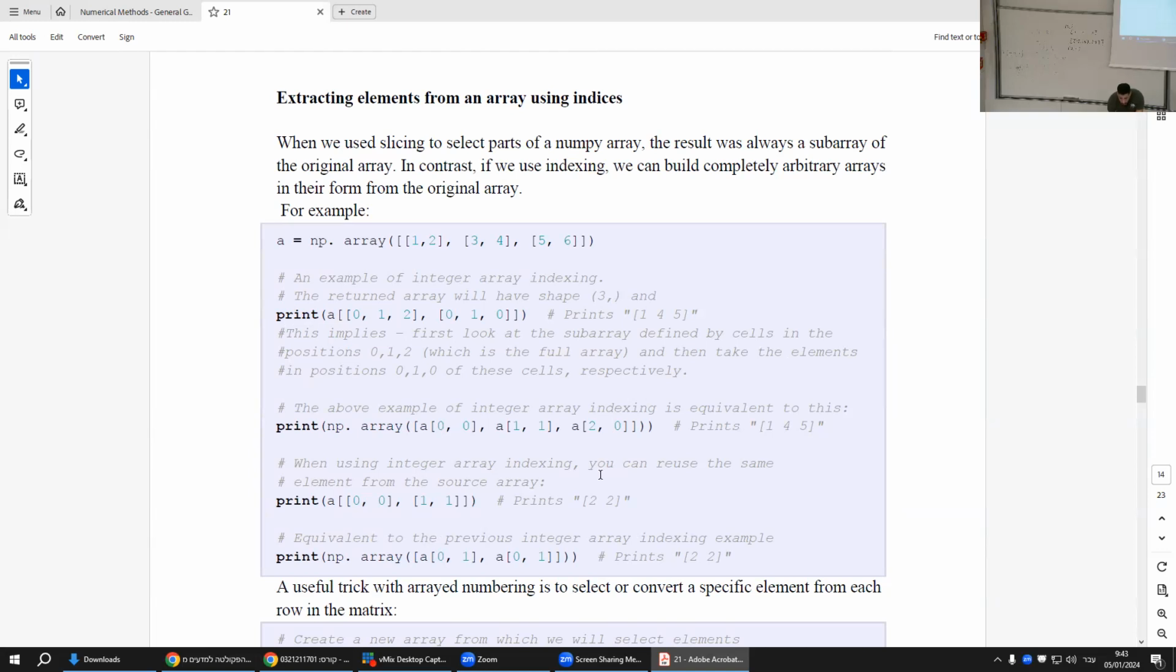Okay, so how do we extract elements? We can type the index, but also we can say, for example, if A is an array of rank 2, we can give it 2 vectors of integers, like 0, 1, 2, or lists of integers, 0, 1, 0. What will this give? This will give a list of